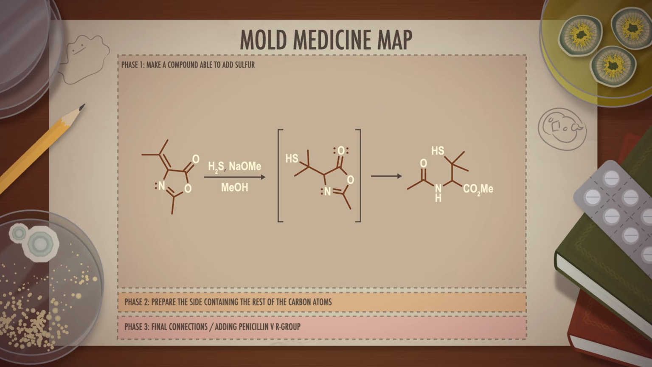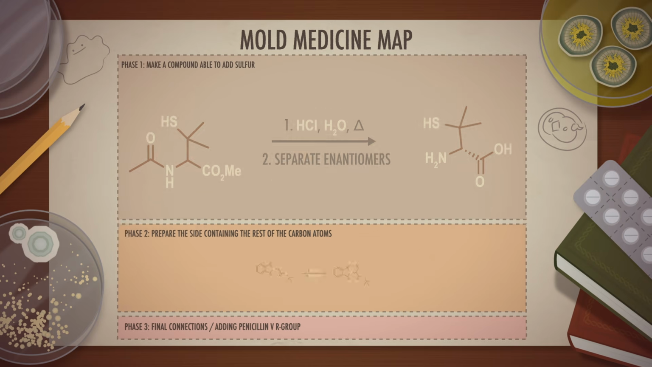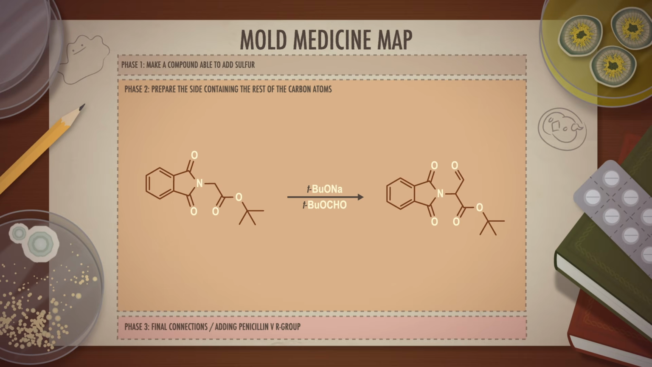The conjugate addition step added the sulfur and broke the ring back open. Then they hydrolyzed both the ester and amide and made their new sulfur-containing amino acid. This mixture was racemic, so they isolated the enantiomer they wanted in a kinda complex multi-step process we won't get into. Phase 2 of the synthesis prepared a chemical that could introduce the rest of the carbon atoms of the